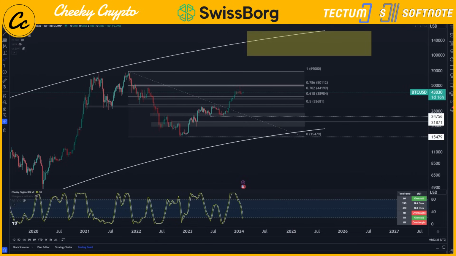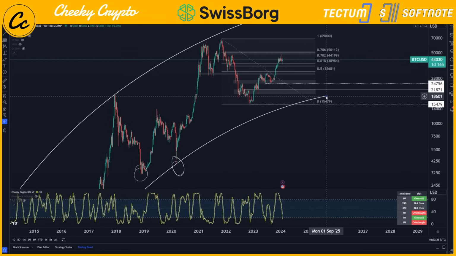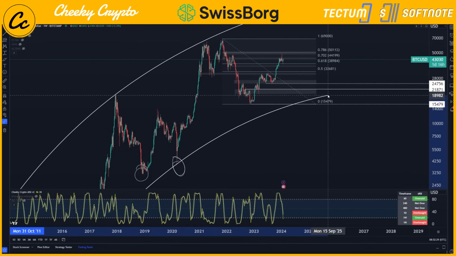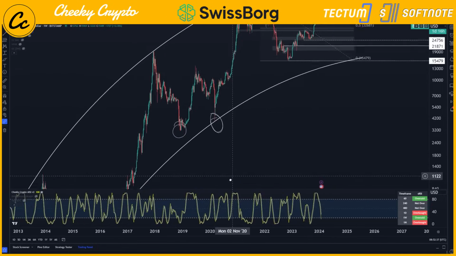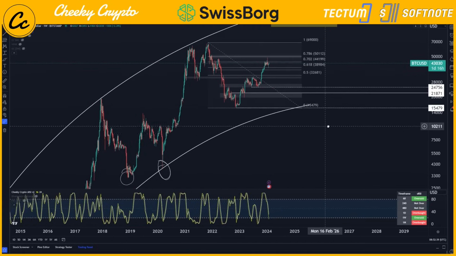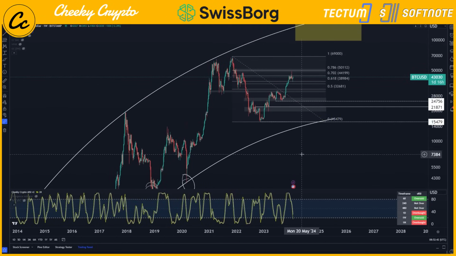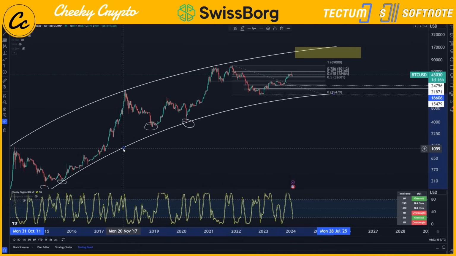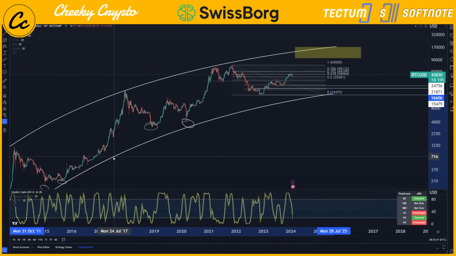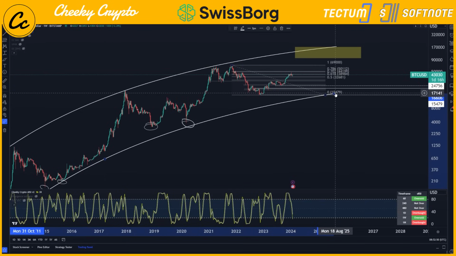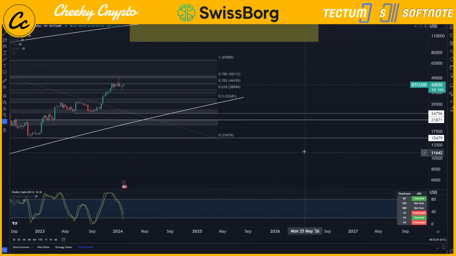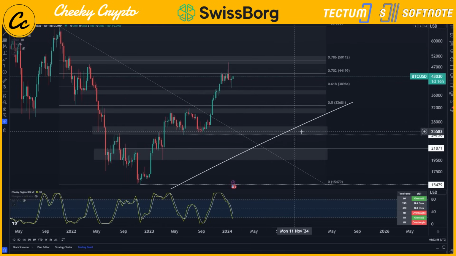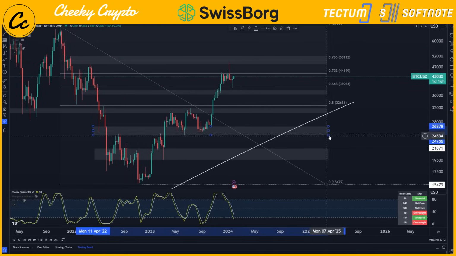I will also put out there, and let you guys know, that this is a curved line, which means I can adjust it accordingly. I've tried my very best here to connect all of those low points to make it fit the history. It doesn't necessarily mean that it's a right positioning. So it could be that this curved trend line has to adjust ever so slightly more. And I can do that by adjusting the curvature of our line here as an example. And this in itself could then bring it up and show us a test, for example, if I bring this in, a test on this line right here at that $24,000 to $25,000